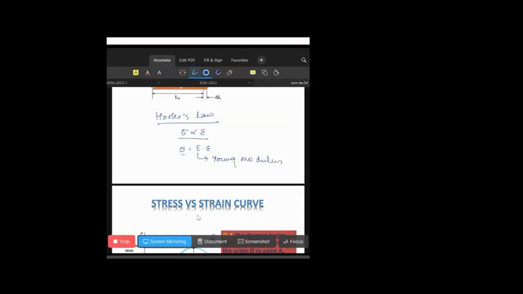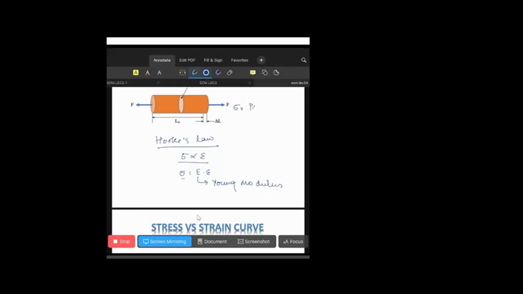And if you try to find out what is sigma in normal stress condition, it is P by A. What is strain? Strain is nothing but change in length upon original length. Now, if you try to put this 1 and 2 into this equation 3, what you will get? You will get E as PL by AE. Sorry, change in length as PL by AE. Or otherwise, we can say E will be equal to PL by A delta L. So these things are very, very important. These two things, I will name it as A and B. These formulas we have to use for solving the problems of bars in series and bars in parallel.